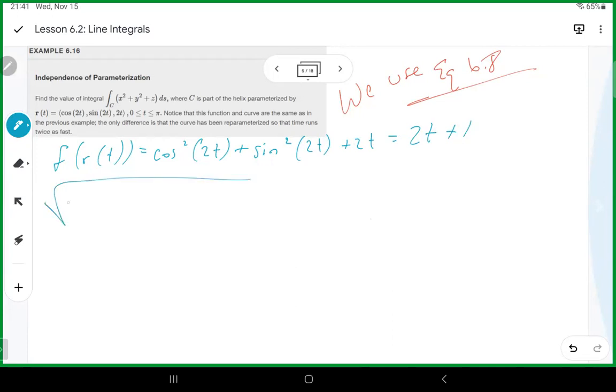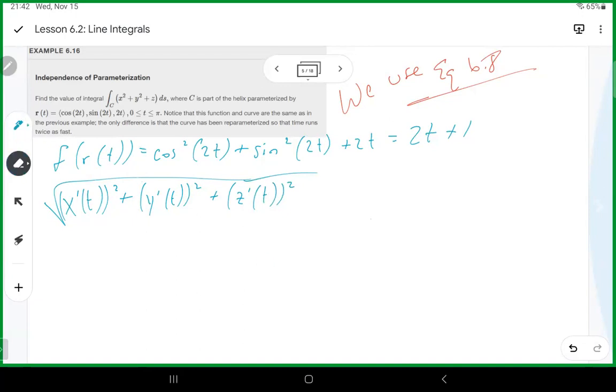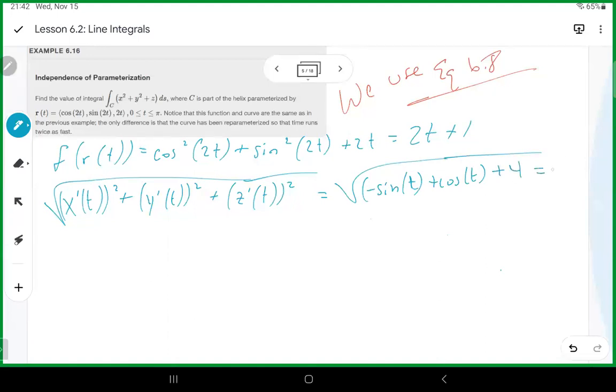So then the magnitude of r prime of t is the square root of negative sine of t plus cosine of t plus 4, which is equal to 2 square root of 2. So then we have